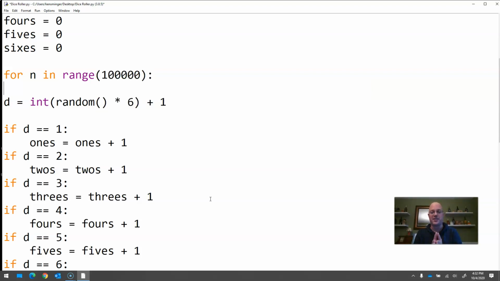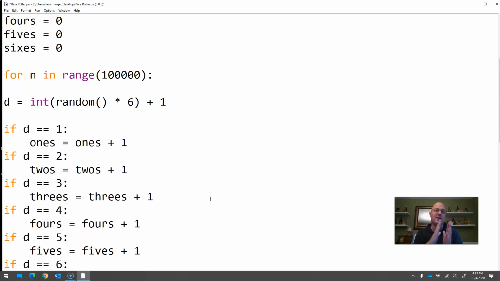Now, just like an if statement, the tabbing here matters. And as I keep saying, we're getting a little bit ahead of ourselves. I just want to show you some of these before we start to get to them, so you can see that these exist. So what we're going to do now is the stuff that we want to repeat 100,000 times,